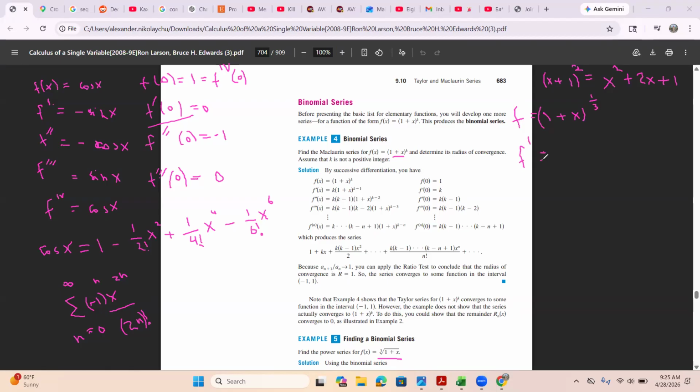1/3 will be your coefficient now, right? The power rule for differentiating. But the actual power is now going to be negative. So it'd be 1 plus x in the parentheses, which is raised to the power of minus 2/3, right? The rule of differentiation, subtract 1. And you can differentiate it again, and again, and so on. You can differentiate it infinitely many times. You see, let me do one more, the second derivative,